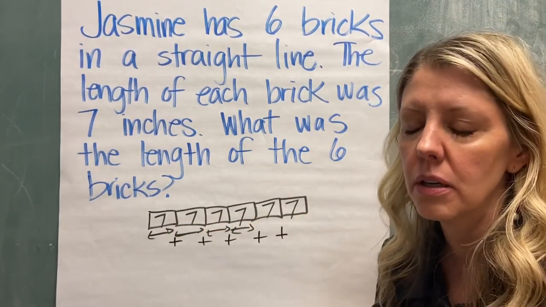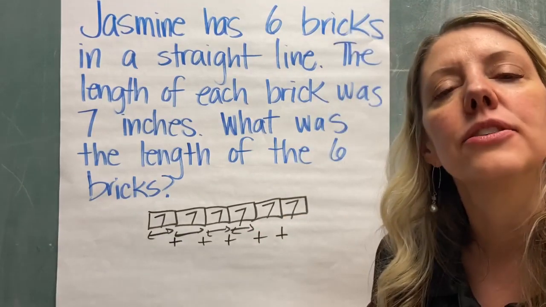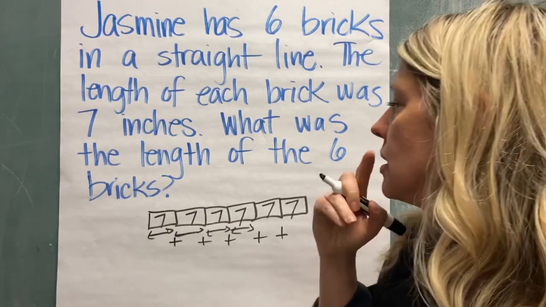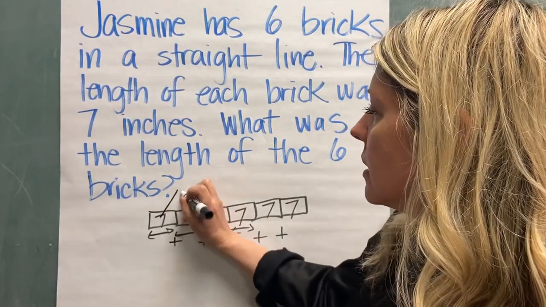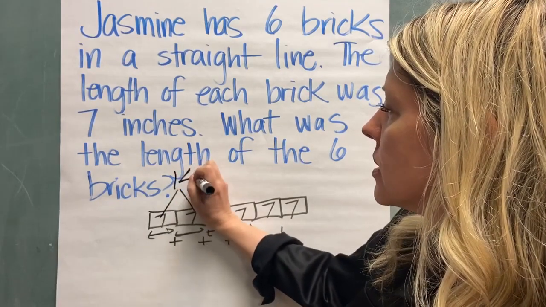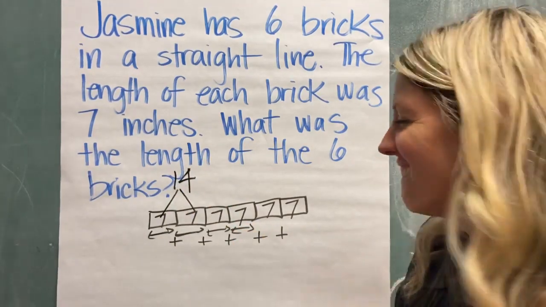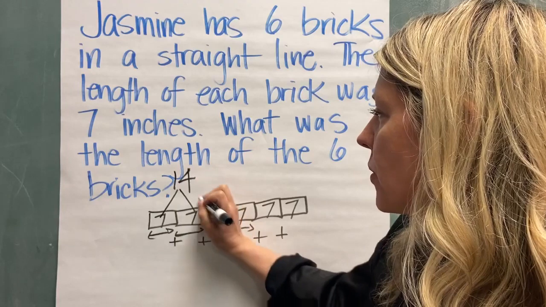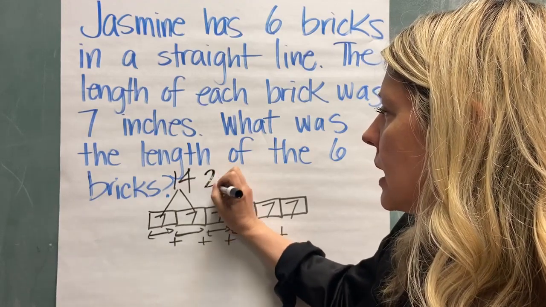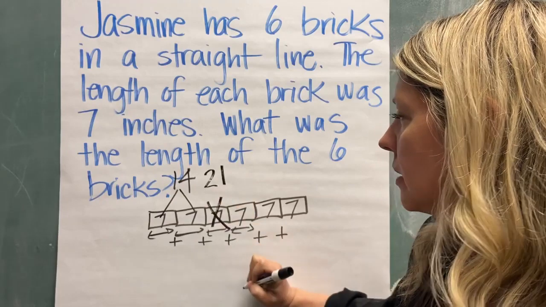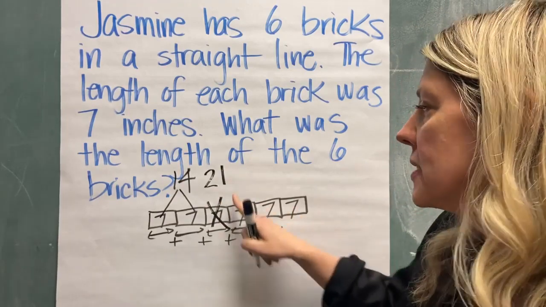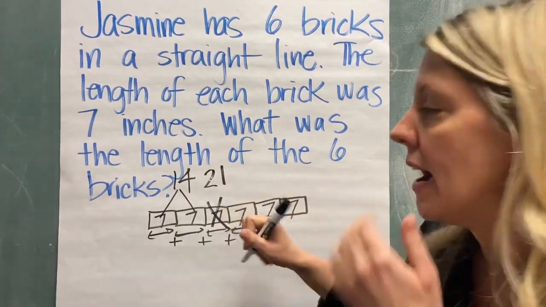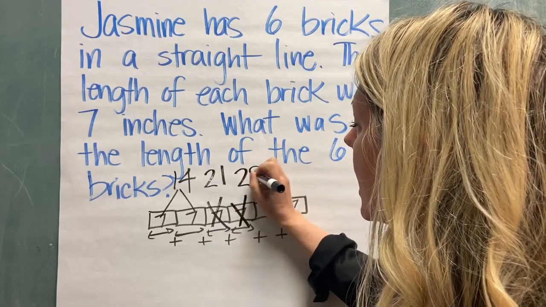Boy, that's a lot of work. But that's okay. I can do a lot of work. I can do hard things. So can you. So let's start. 7 plus 7 is 14. I know that one. Okay, now 7 plus 14 is 21. Now I have 3 more. Now this one's easy because I just have to add 7 to 21. I can do that. So that's 28.